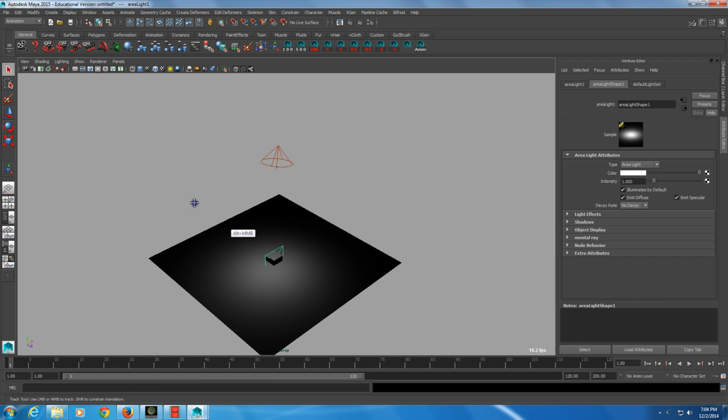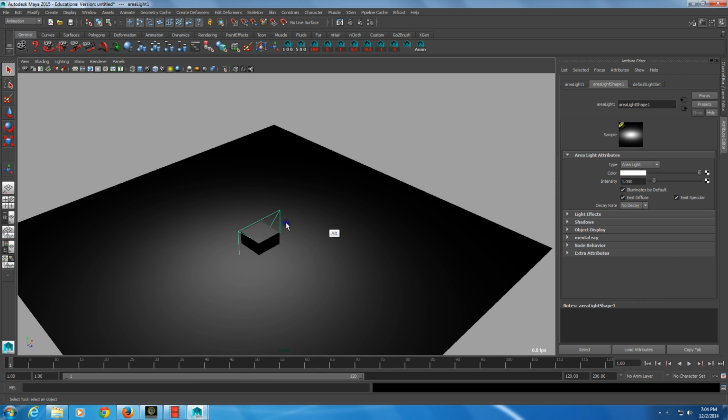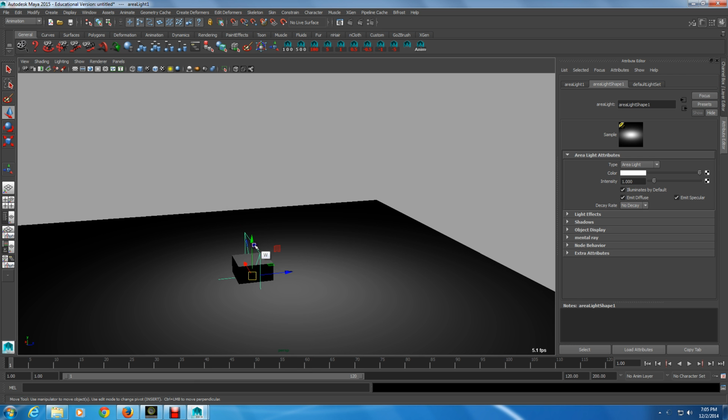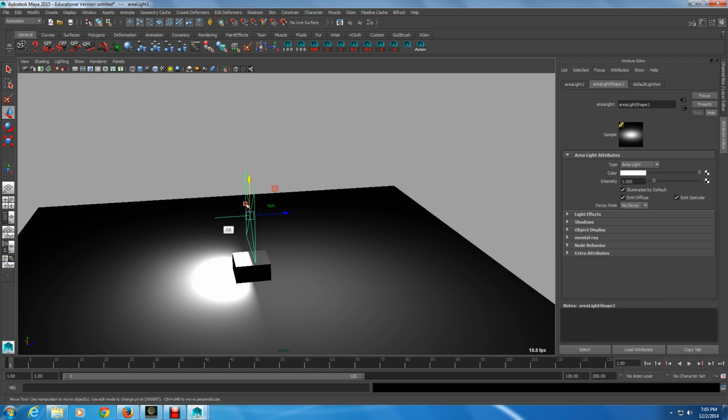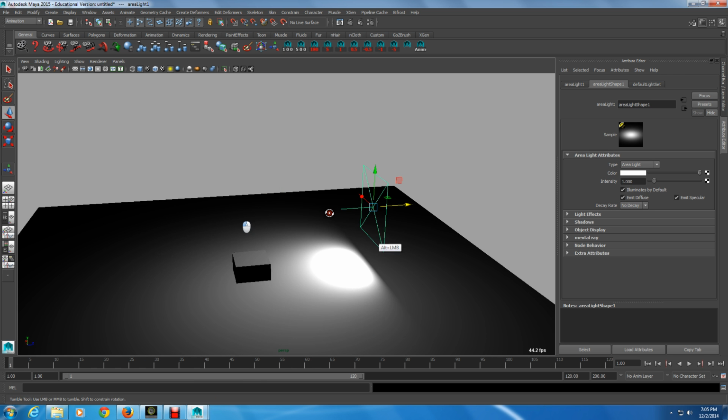An area light is kind of like if you were in an interior space and there was a window or a door that was open to the outside world. So it's really bright outside, but it's not so bright inside, right? Well, the area light can simulate that. Now, the thing about area lights is that they are very heavy for Maya to calculate,